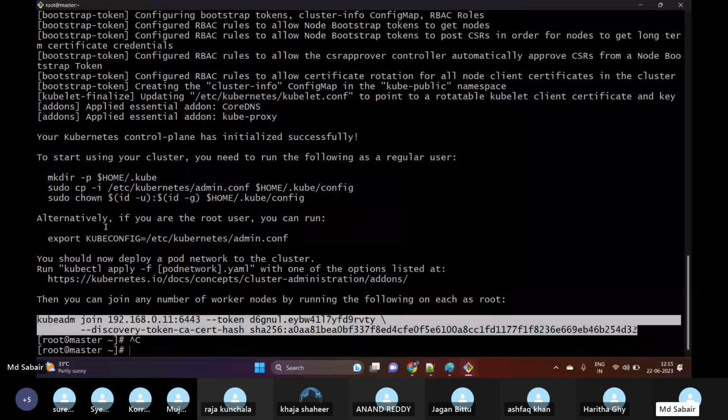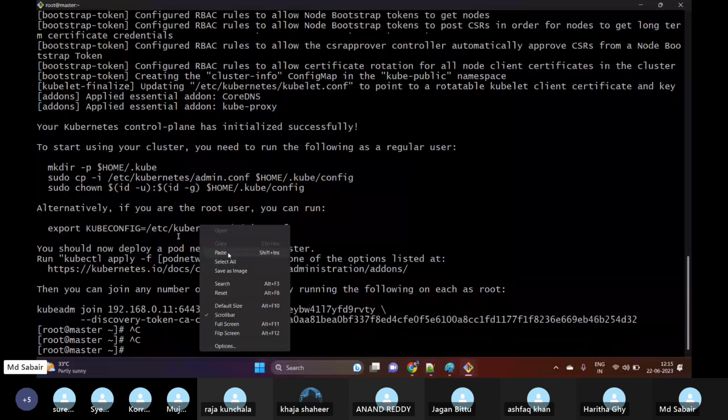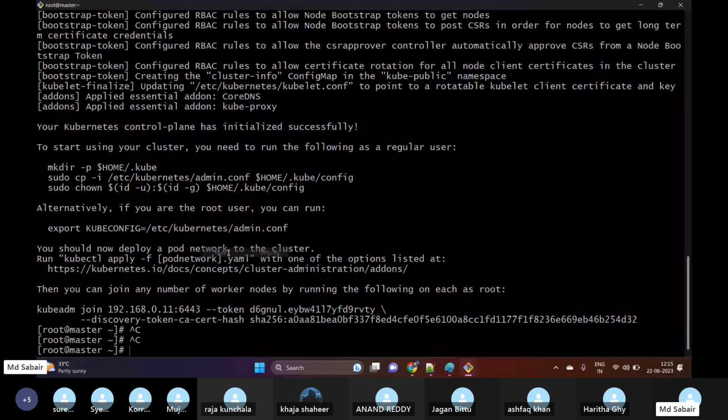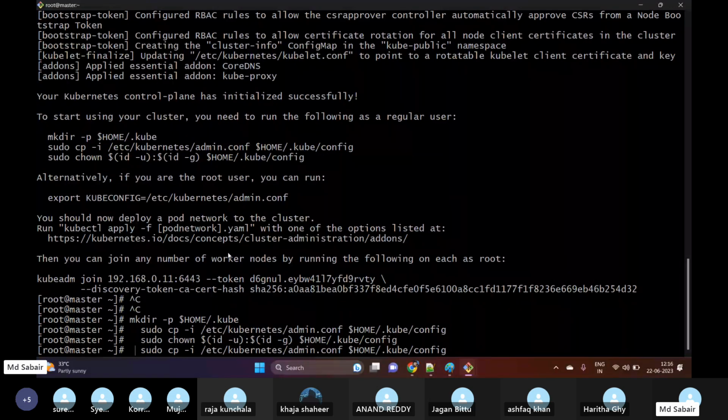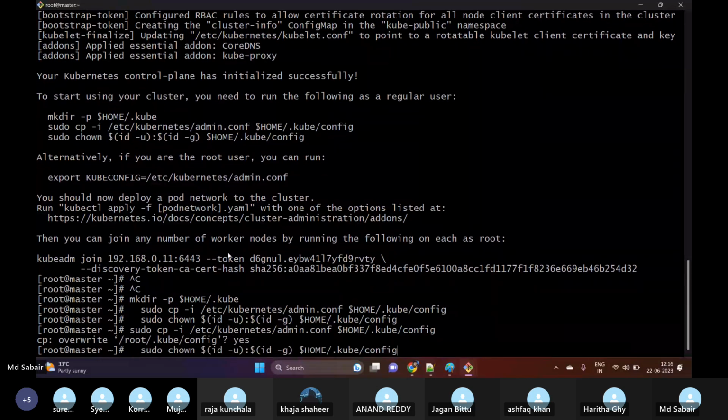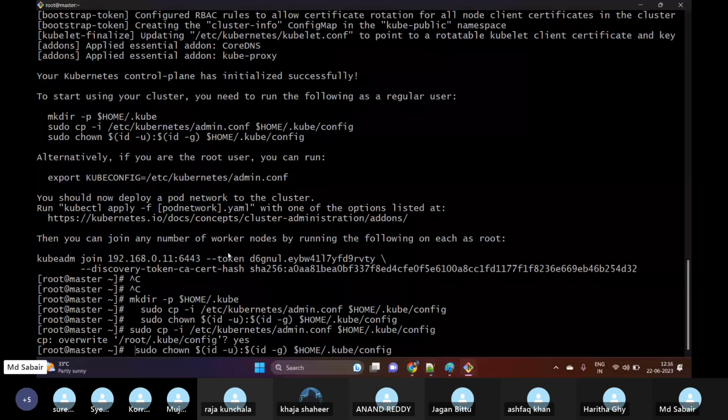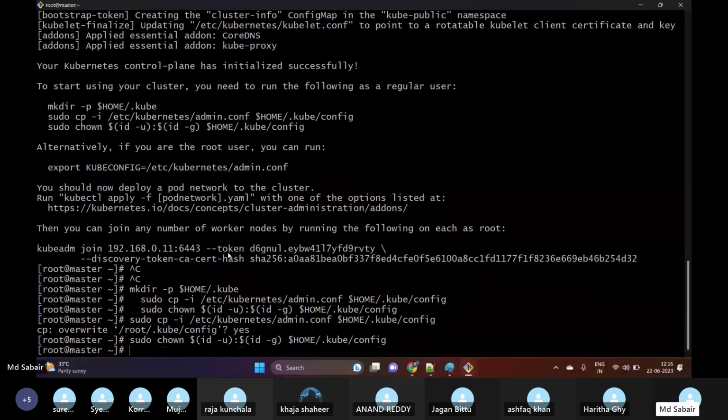So let me copy. Okay, I think we have some added spaces here. So let me remove this space. Yes. And then sudo chown. Okay. Hit enter. So we have executed these three commands successfully on the master machine,